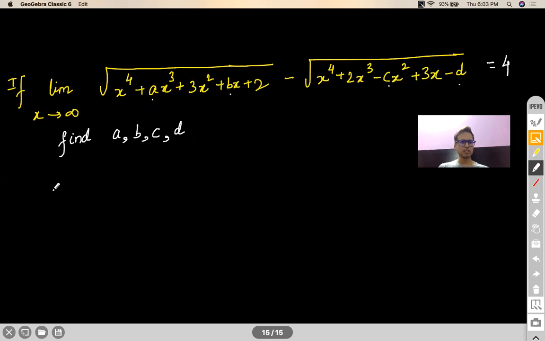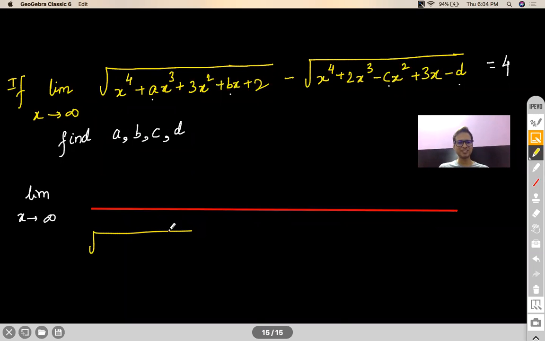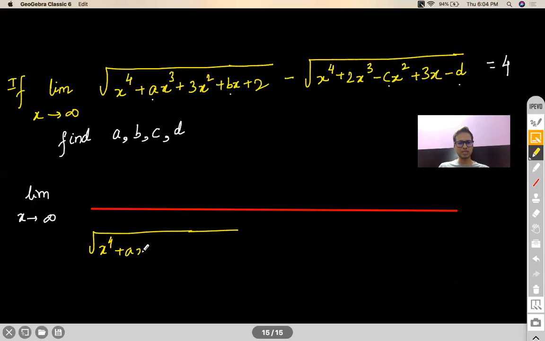So how do we solve this? The first thing is we need to convert infinity minus infinity. It's clearly an infinity minus infinity form. Nobody can deny that. So we need to rationalize it. For that, I need to multiply and divide with the rationalization factor. So I'll directly write down the rationalization factor without much ado. Since this is a square root, it will just have a plus sign over here.